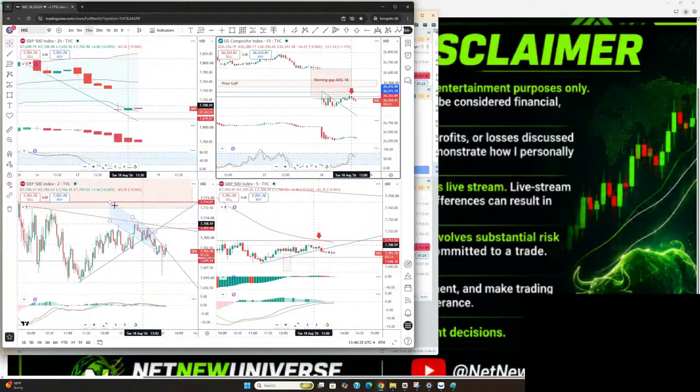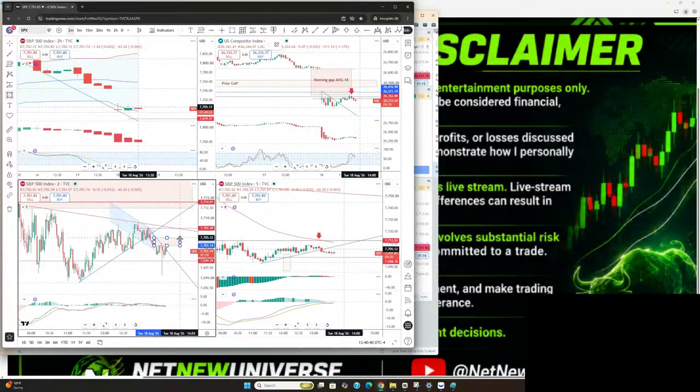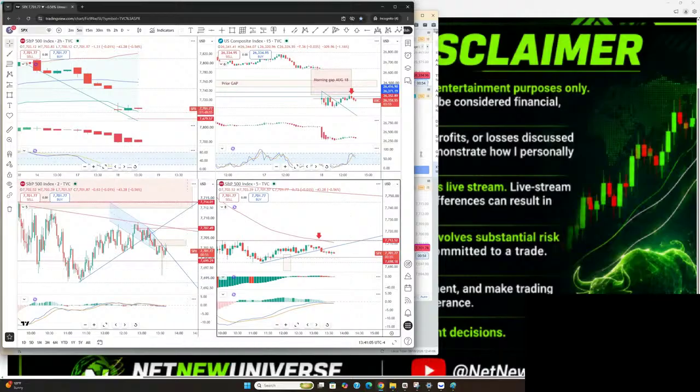Because if I consider this one as a total, one big red and one big green, that always becomes a box. So you see that's actually the entry point there. Whenever we see the green close inside, the second candle should be our entry point. Okay, I'm going to take the trade if this one moves into the green side. Let's see.